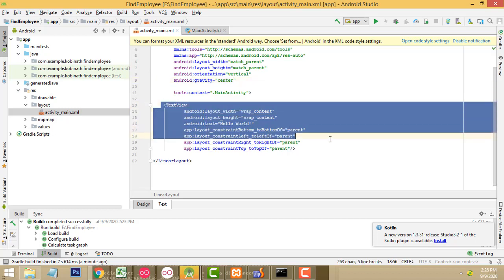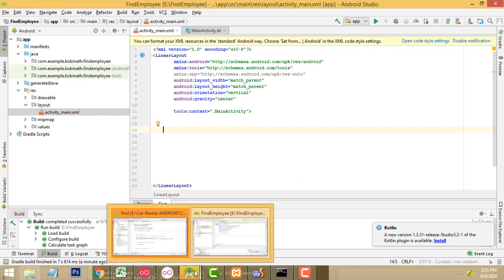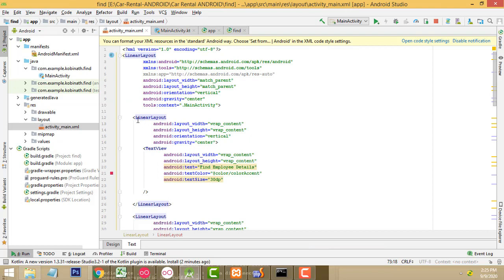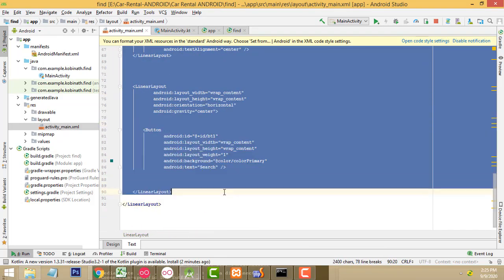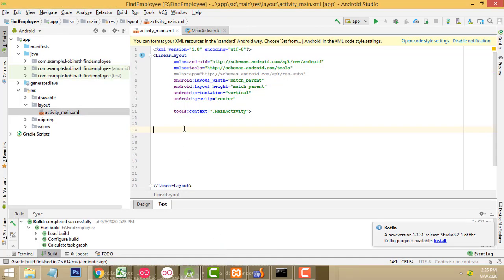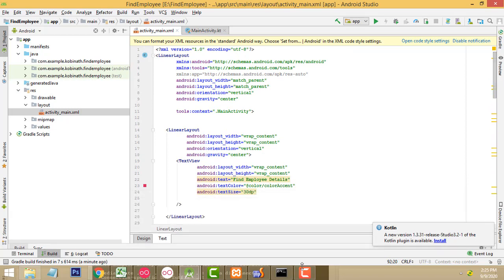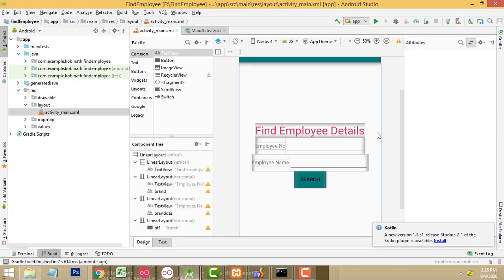Now here I have the same code, I just copy and paste it over here. If I write this step by step, it takes too much time to complete the project, so I already have my sample example. This linear layout I just copy and paste and I explain it, then you will be able to understand that. No problem, right? All this design I explained in my previous videos, how to make this simple Android design.